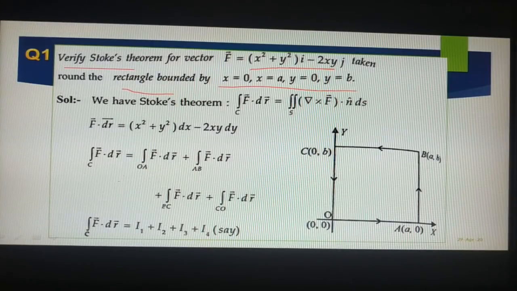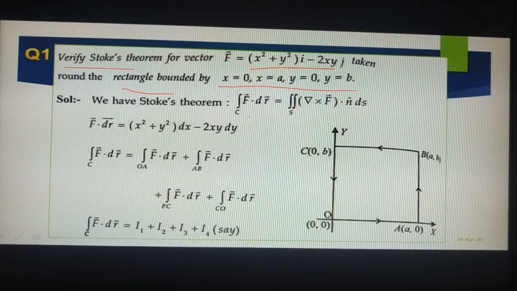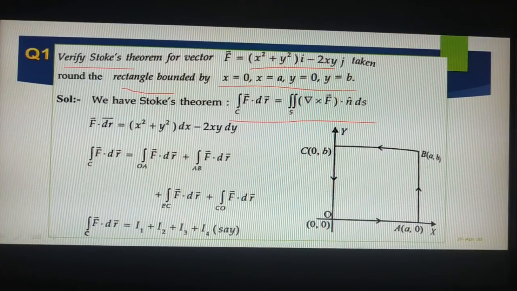Of course, when it is in 2D, it is always perpendicular to some other direction, so we can consider that here. So anyway, the Stokes theorem formula will be like this. Integral C f bar dot dr is equal to the double integral of del cross f bar dot n ds. Now here, R is your position vector, xi plus yj plus zk. From that I can get dr, that is idx plus jdy plus kdz.